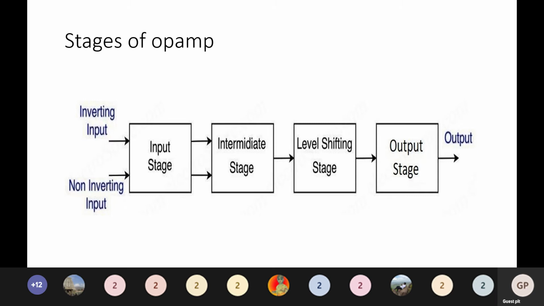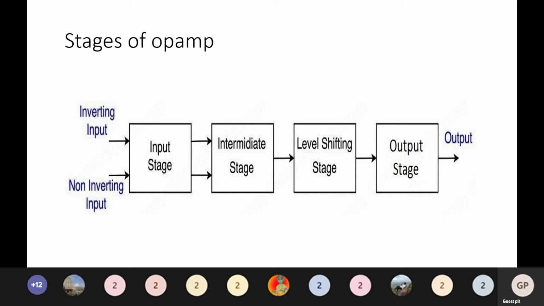And one more thing is, when I don't give any input, when my input is zero, I'm supposed to get my output also zero. But since we have differential amplifiers in the input stage and intermediate stage, two cascaded differential amplifiers, even when I don't give any input, as I said, the small biasing voltage that is available, since we have connected the op-amp to the power supply, that is plus or minus 15 volts DC supply, a small bias voltage will be there, and that bias voltage will get amplified stage by stage here, and we'll be getting a solid output at the output stage. So for a zero input, we will not get zero output here.